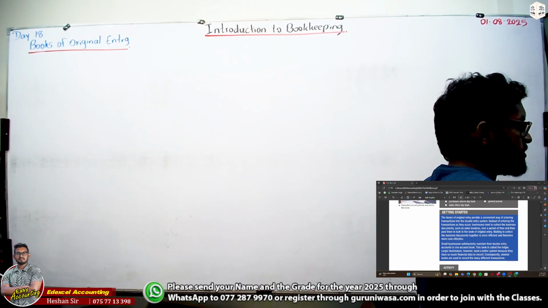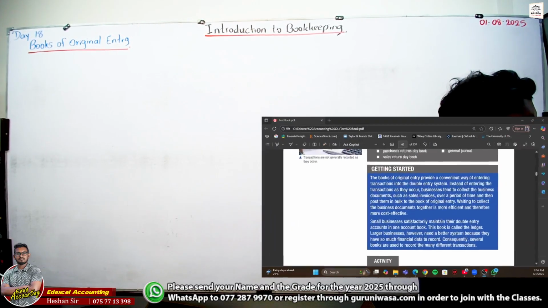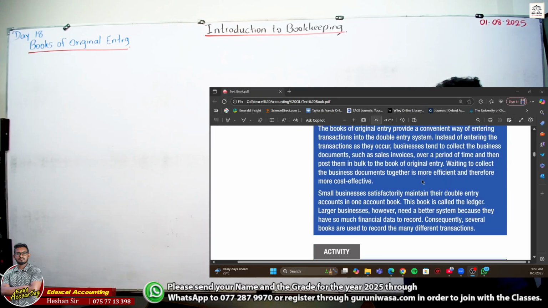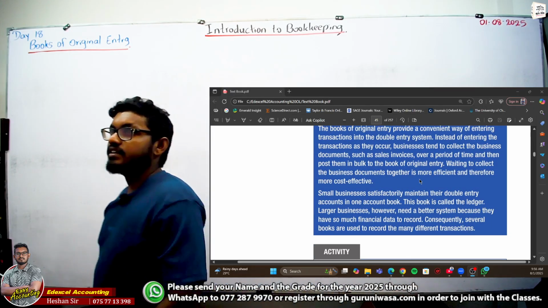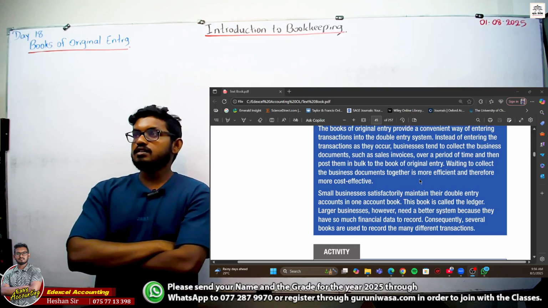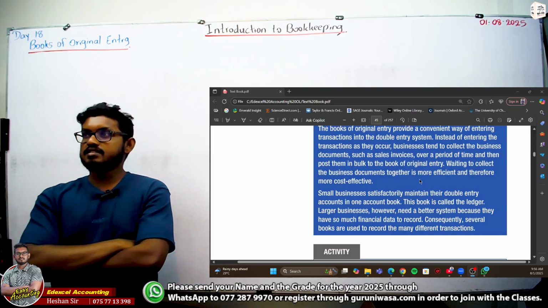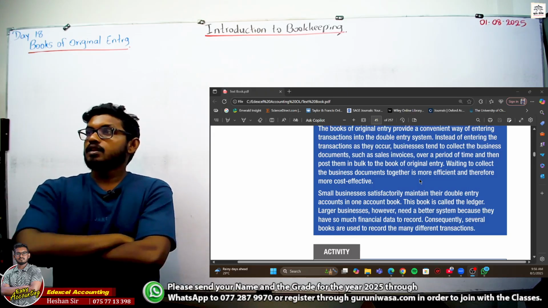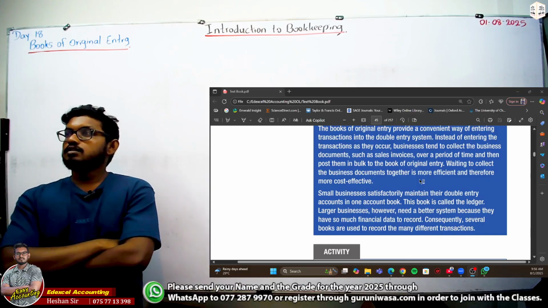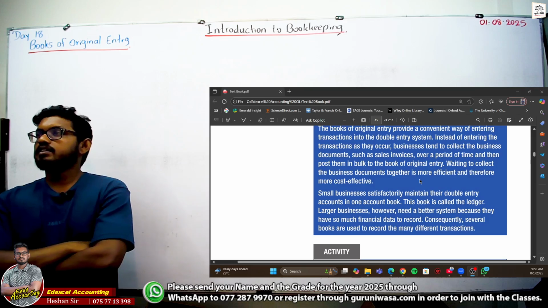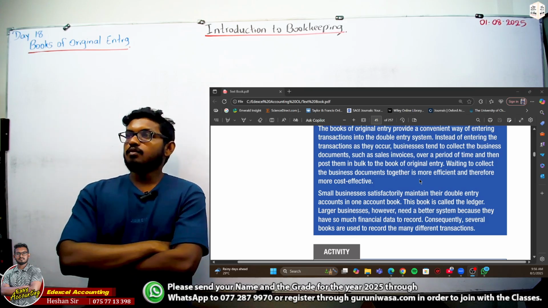Okay. Let's see. Now, getting started, right? The books of original entry provide a convenient way of entering transactions into the double entry system. Instead of entering the transactions as they occur, businesses tend to collect the business documents, such as sales invoices, over a period of time, then post them in bulk to the books of original entry. Waiting to collect the business documents together is more efficient and more cost